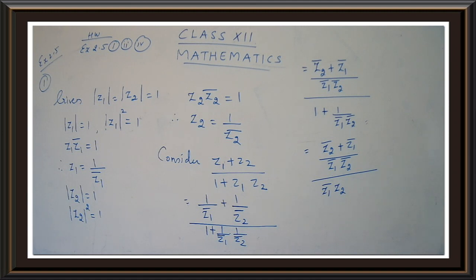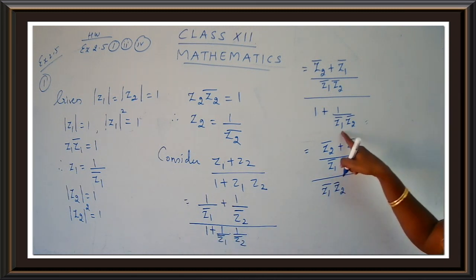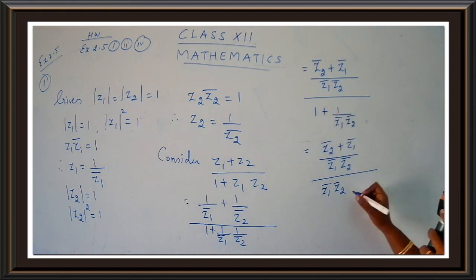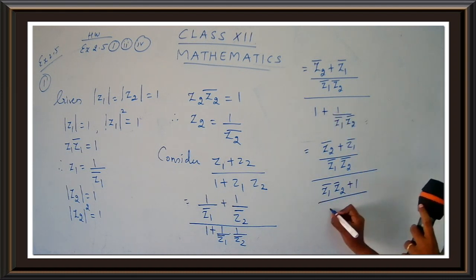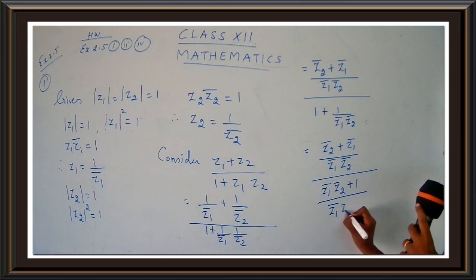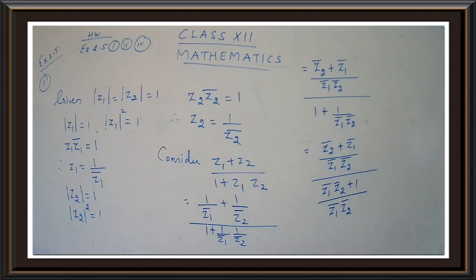So Z1, Z2 bar, this is Z1 into Z2, yes, Z1 bar into Z2 bar plus 1 upon Z1 bar, Z2 bar. Please do not get confused, this is whole one term, this is whole one term. So be careful. You have to proceed with the steps along with me. Just stay on the steps, children. Do not just wait. If you go on taking the steps, then it will be clear to you. Otherwise, you may have confusion.